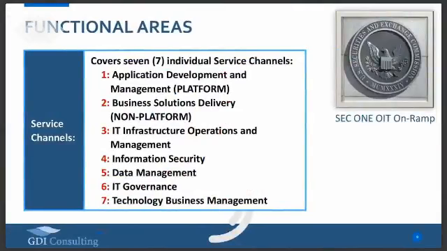Okay, let's go into the functional areas. In other words, what they call service channels. That means that the projects that we are supposed to present, and I will explain that in more detail later, they need to cover these 7 areas. Now, due to the time constraint, we are not going to go into the details and explain what each of these will be. But overall, application development management, business solutions delivery, non-platform, IT infrastructure operations and management, information security, data management, IT governance, and technology business management